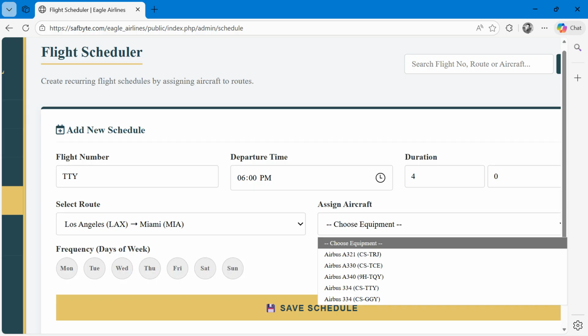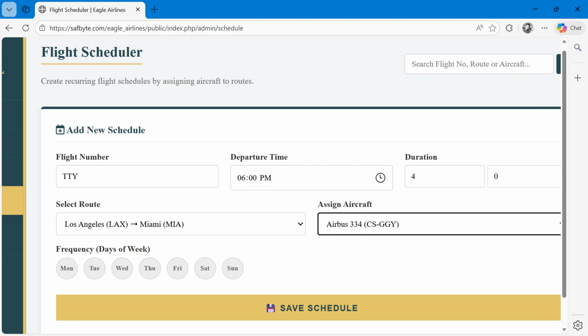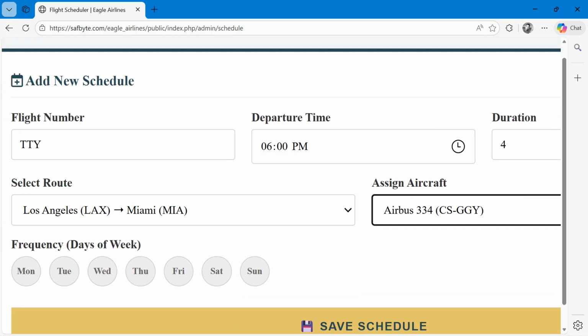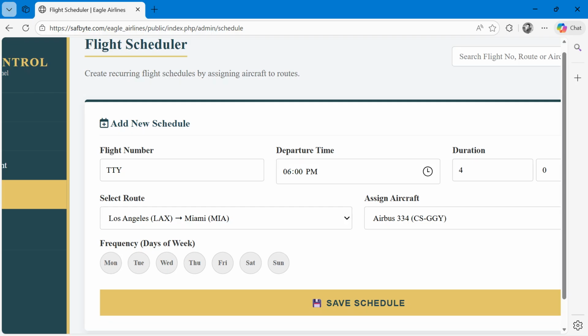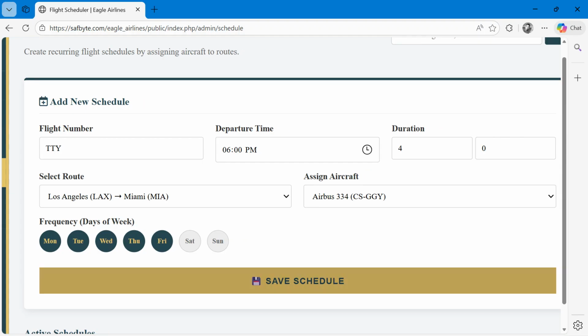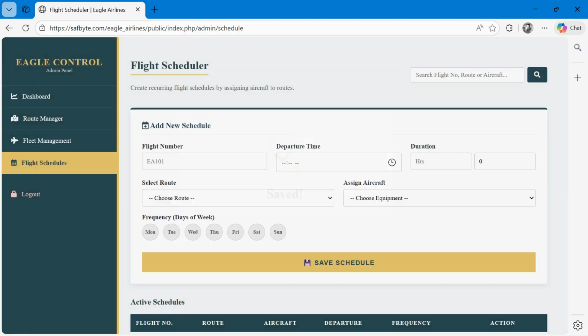Then the aircraft that we are using. Okay, so we use the 334. This is the aircraft assigned to that particular Airbus. Sorry. Now how many days in the week? We select 1, 2, 3, 4, 5, so let's say from Monday to Friday. Then let's save the schedule. Once it is saved,